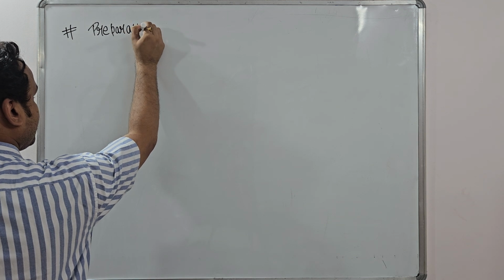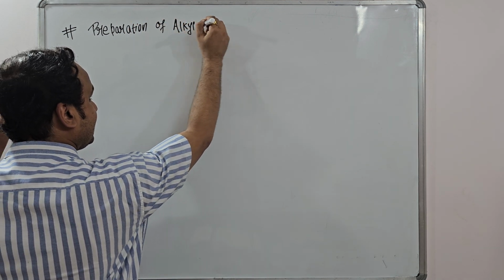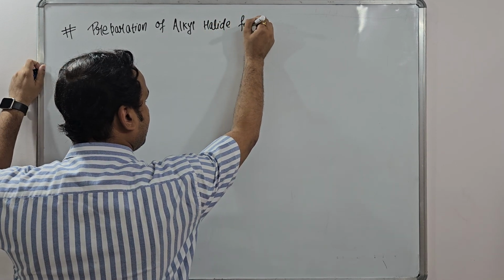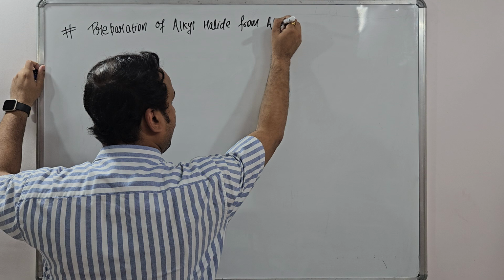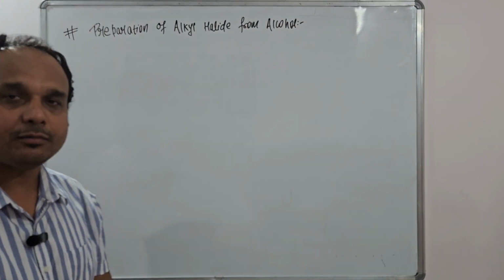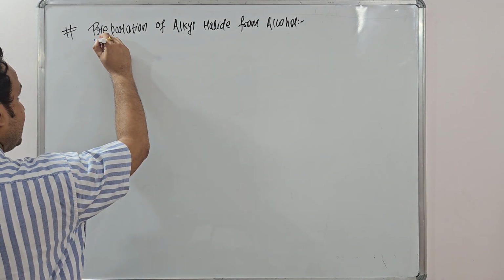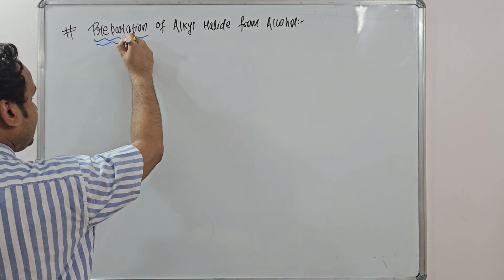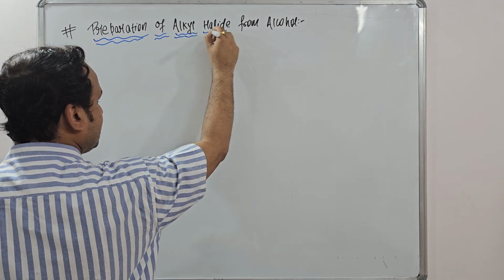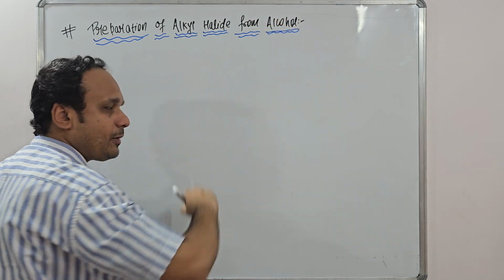preparation of alkyl halide from alcohol. Now we are going to start the preparation of alkyl halide from alcohol, and likewise the last method of the preparation of alkyl halide is by using alkene. So this is the second last method. After that we will start the preparation of alkyl halide from alkene, and that is all about the preparation of